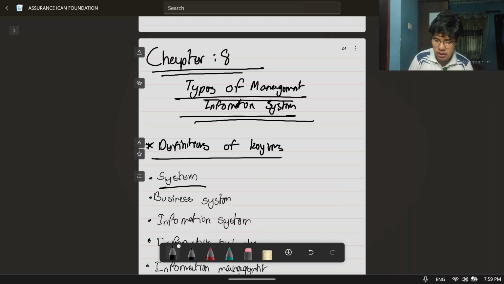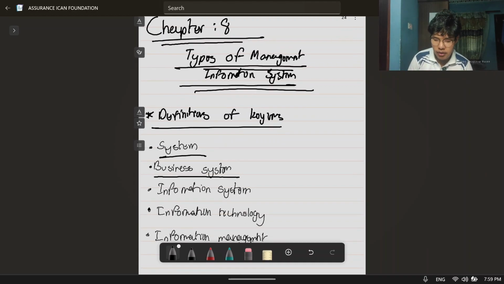or to fulfill a purpose. And then we have got business system. Business system भनेको people, machines, अनि methods organized in order to perform a certain function or activity. And then we have got information system. Information system भनेको all systems and procedures for the collection, storage, processing, and reporting of information.